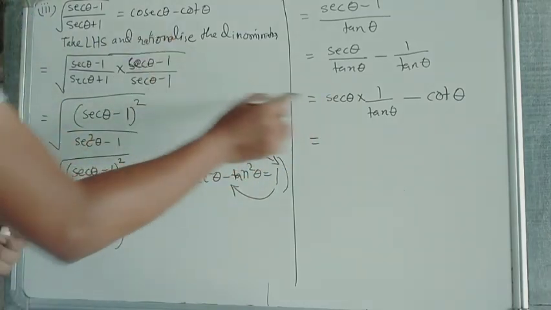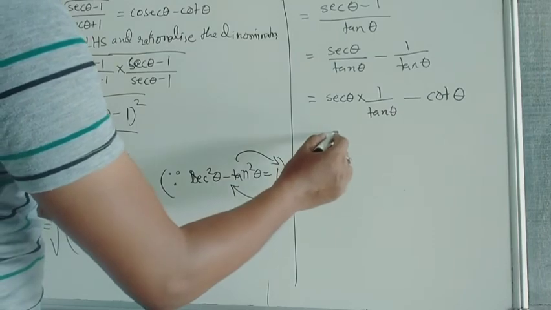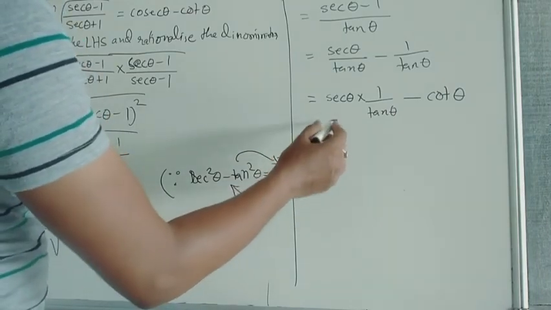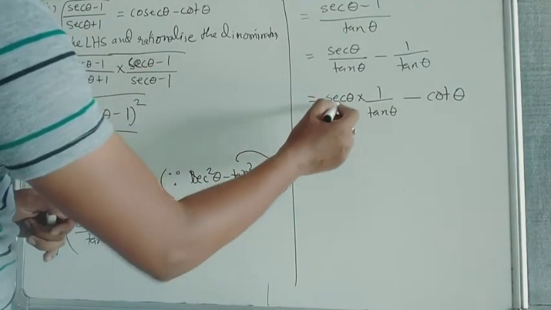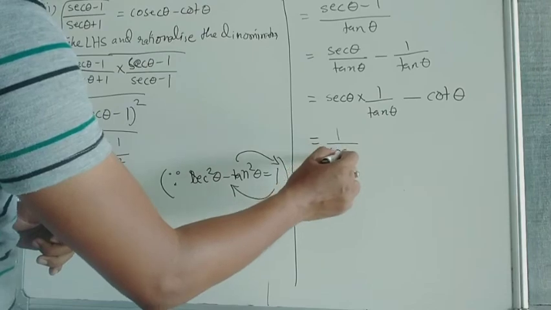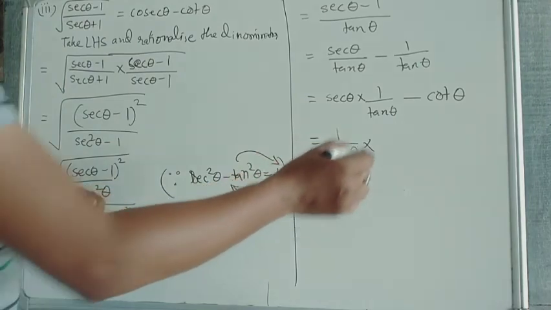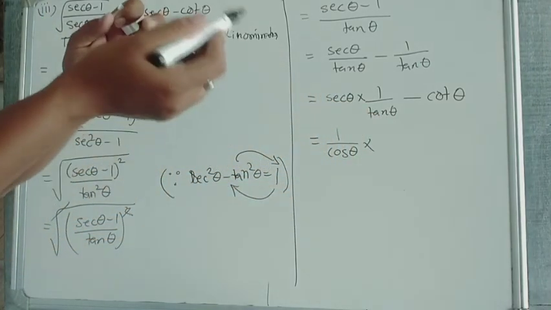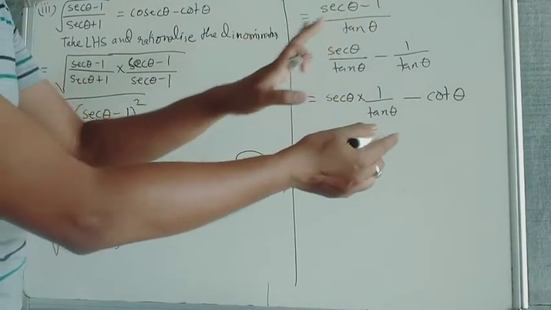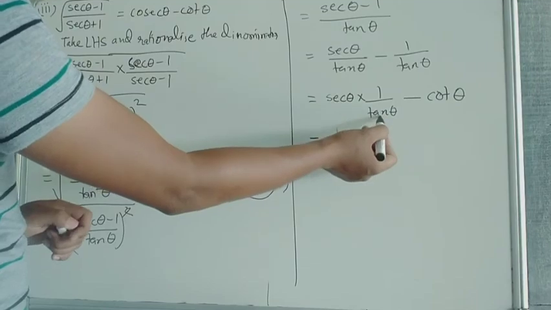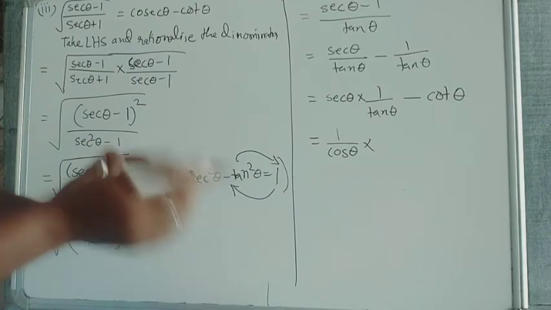Now what we can do here is, there are so many ways, but I'll use the simplest one which you know till now. So sec theta I can make into 1 by cos theta. Now tan theta, try to understand this one. Tan theta is what? Sine by cos. If it is sine by cos, then cos by sine it will become. 1 by tan theta is there. So tan theta is sine by cos theta. So cos theta will go up, sine theta will remain down. Is it clear, that one?